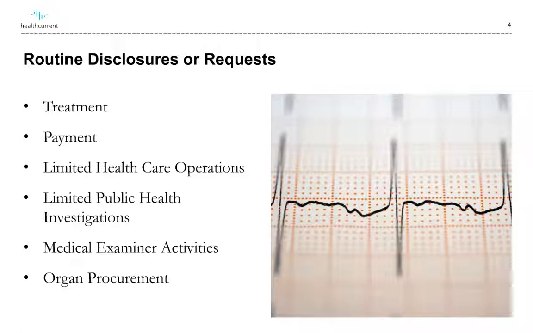Most disclosures of or requests for data that HealthCurrent makes are part of providing routine services to participants and their business associates. For example, disclosures or requests for data for the following illustrative list of permitted uses are considered routine: treatment, payment, limited healthcare operations, limited public health investigations, medical examiner activities, organ procurement, and the HealthCurrent permitted use cases